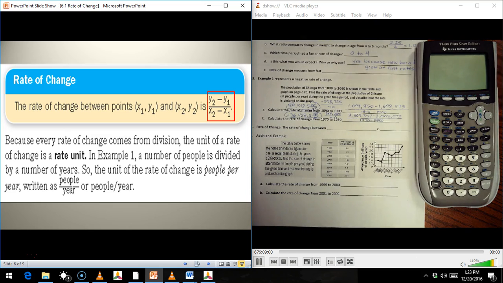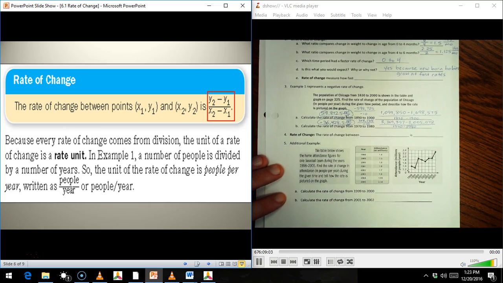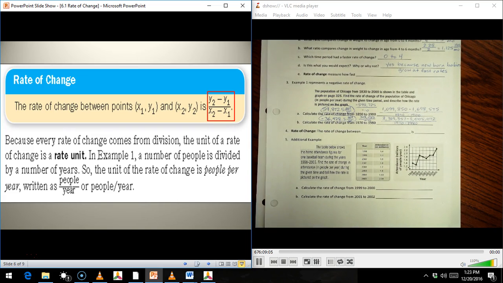Alright, so now for number 4, it says rate of change, and that's going to be what I have in the red box. The rate of change between x1, y1, and x2, y2 is always the difference of the y's divided by the difference of the x's. Okay, so all the 1's and the 2's represent is your first x-coordinate, your second x-coordinate, your first y-coordinate, your second y-coordinate. For example, when I had the first problem